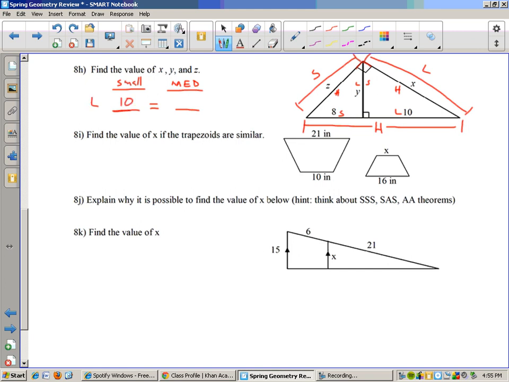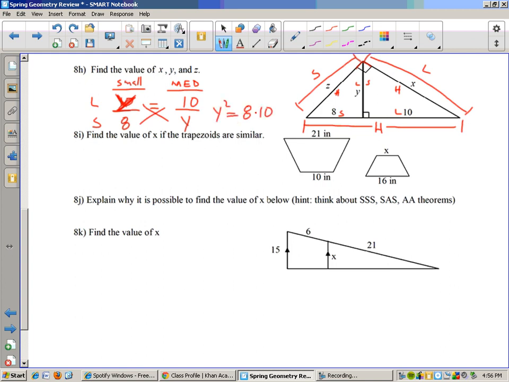Oh, I'm sorry, that's the small triangle. The large side is y in the small triangle. The large side is 10 in the medium triangle. I know that the small side is 8 in the small triangle, and the small side is y in the medium triangle. Now whenever I cross multiply, I'm going to get y squared equals